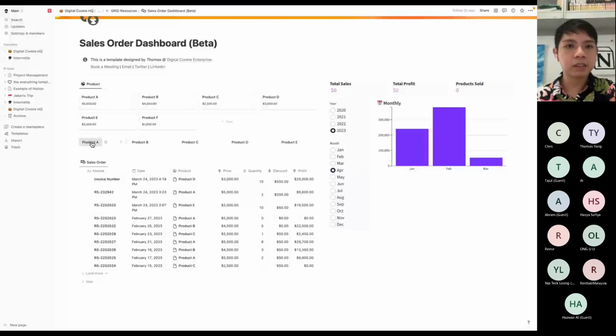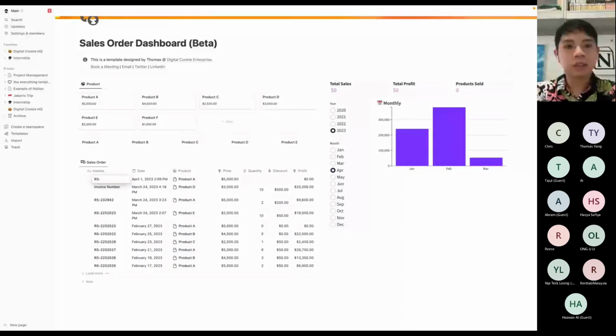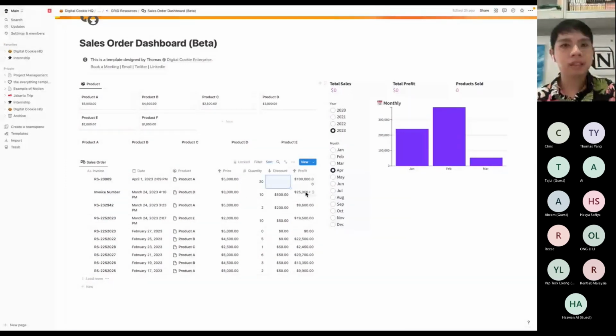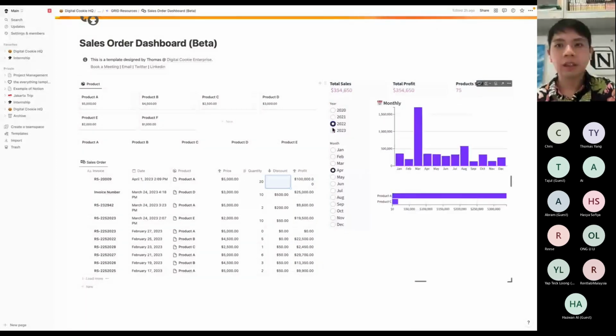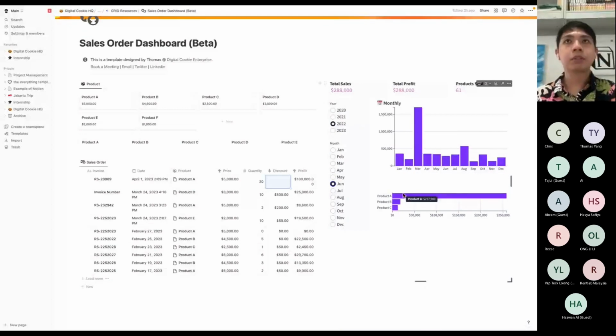So for example, I can just click this button, and we create the order items here. I can type in the invoice number, let's say 9, and then I can put a quantity. So if people order new stock, you can see there's automatically a generated discount. What this means is that it's automatically updated in the charts you see here on the right side. So if I select different years, I can see different data, different timelines of the items being sold, and they can see the sales and then the product categories. So this is one example of what you can use Notion for.